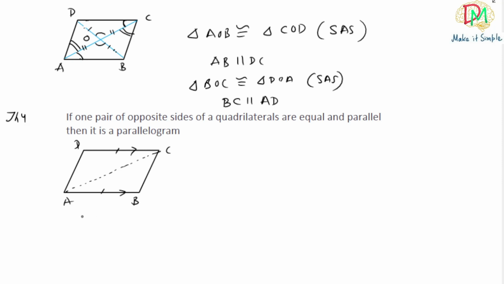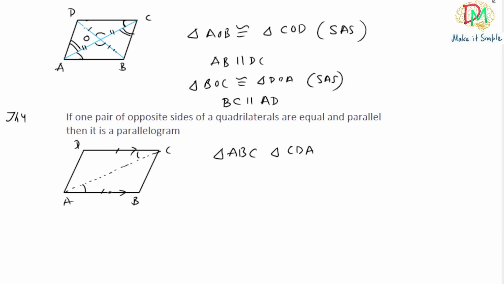If one pair of the opposite sides of a quadrilaterals are equal and parallel, then it is parallelogram. So let's take one example. ABCD is a quadrilaterals, and here it is given that AB equal to DC and AB parallel to DC. Since AB parallel to DC, so this angle equivalent to this angle, the alternate interior angles. Now if we consider triangle ABC and triangle CDA,